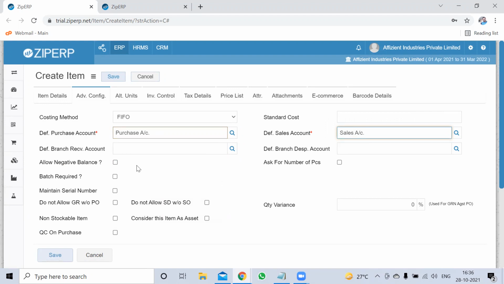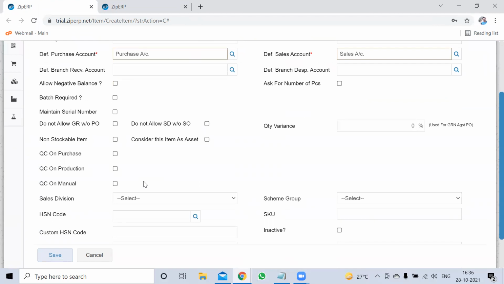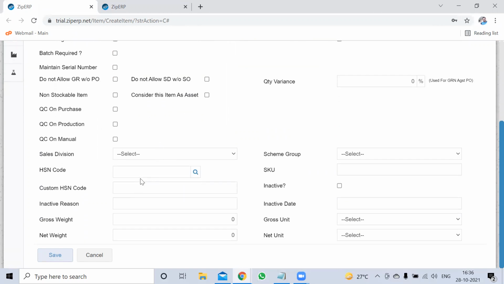Okay. Here are some controls the system is showing. Are we allowed negative balance? Is this a batch required product, or does it maintain serial by serial products? Some of the options we have given in the system, sir. So maybe this is not a batch requirement, correct? Or not allowed negative stock also. And also the system here shows the HSN code.